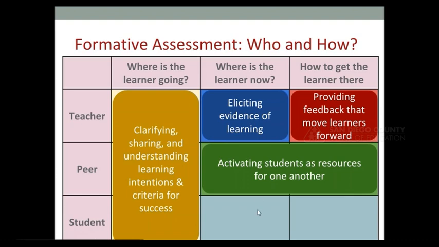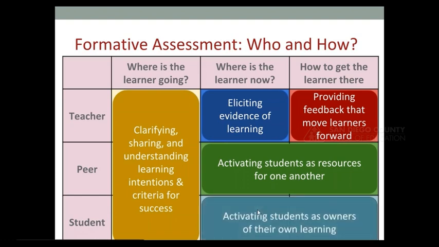As we look at the last agent involved, the student themselves, it's really this key piece of formative: how to get students to be owners of their own learning. And you'll hear terms often around agency, student agency, or self-regulation. This is really the key piece. When students understand where they're going, what the learning is around, and they're receiving feedback either from the teacher or from peers, or they're assessing their own learning as they're going, they really now are positioned to be able to take more actionable steps to move their learning forward.